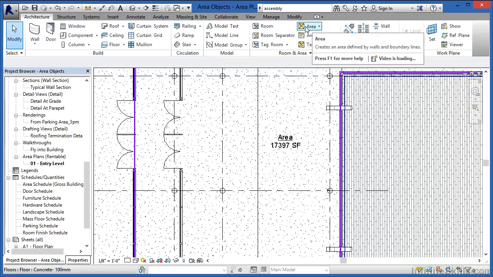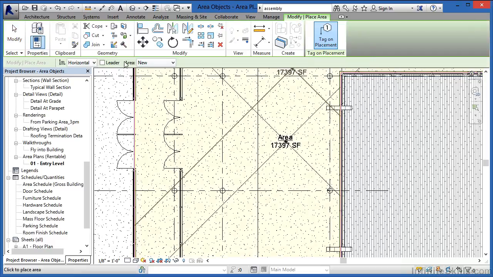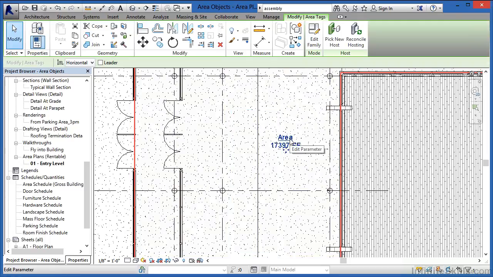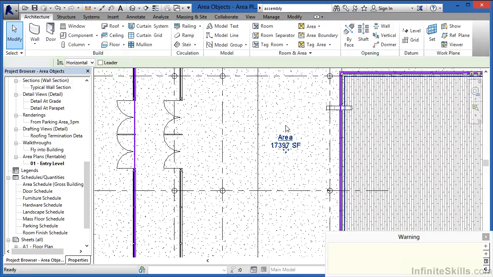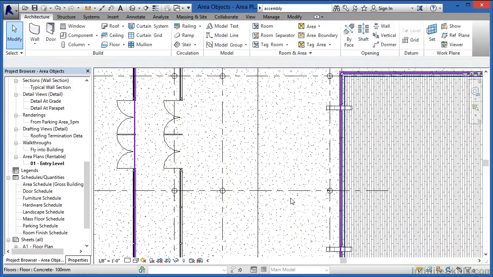And the reason why it did that is if I select on the word area right here and then pick on area again, right here it says that there's going to be a horizontal tag placed whenever we click to place an area. If for some reason we didn't want the tag and we deleted it by just highlighting on it and then deleting it, it may give us a warning message, but that area can still exist even if the tag is not there.